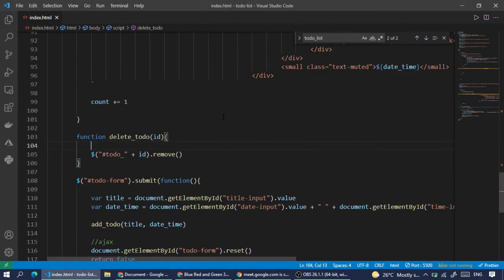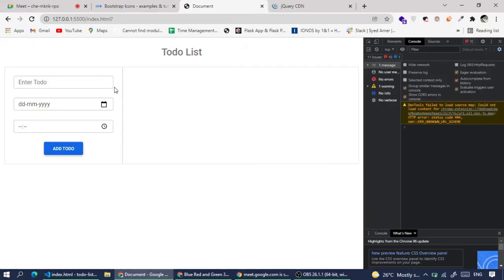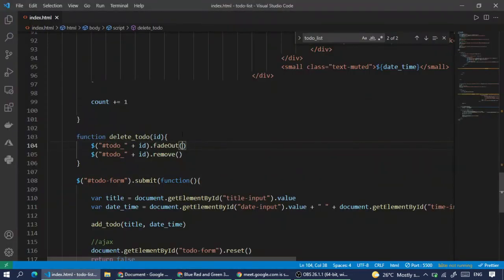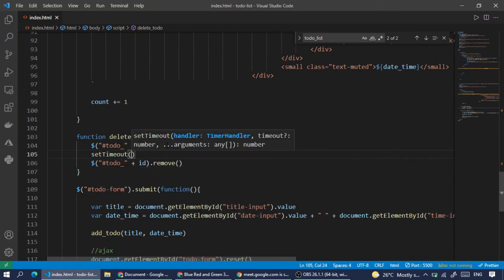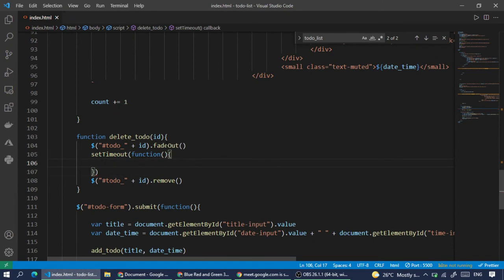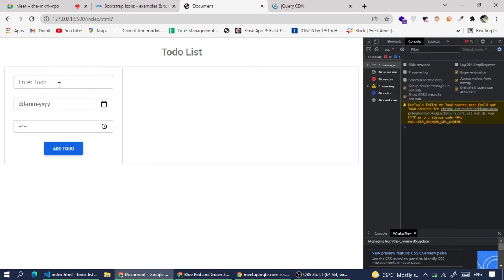And before removing, I wanted to basically use fade out. It's not quickly removing, but it's going in an animated way. So fade out is basically one built-in function in jQuery where we can animate hide and fade out effect. So what I'm going to do now, I'm going to delay this process of removing. Later on, once the animation is completed, it can remove. So there are some other animations as well, like we can see slide up or slide down.